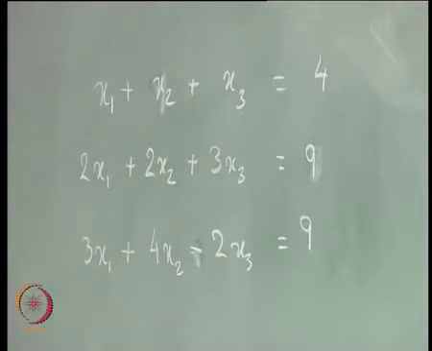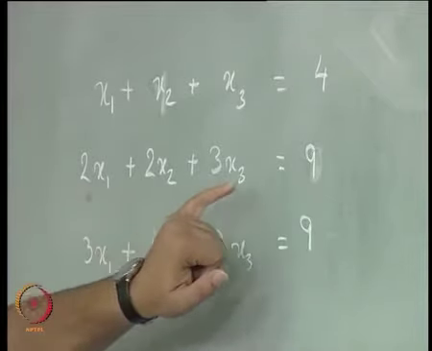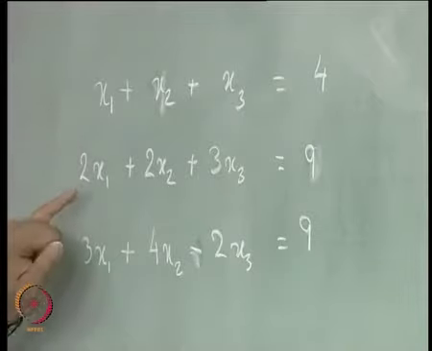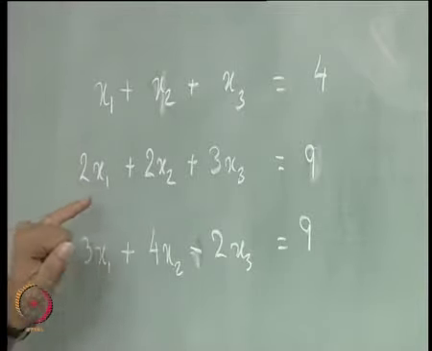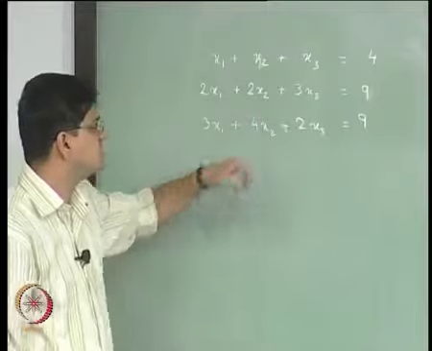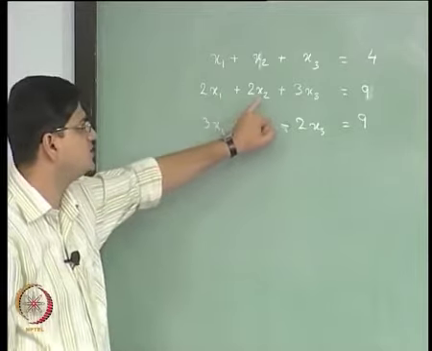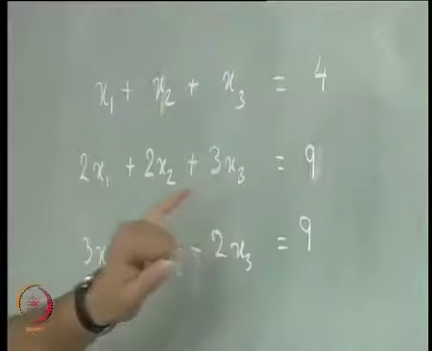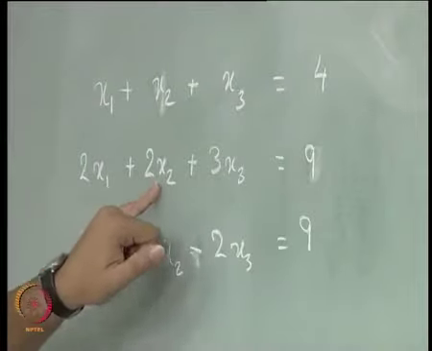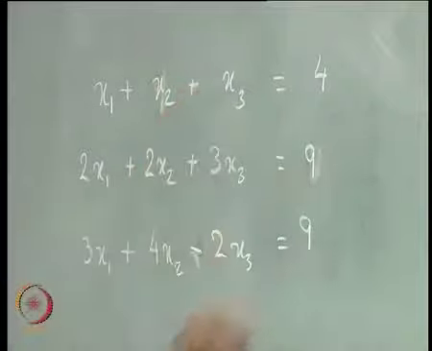So originally the equations that we had were 2x1 plus x2 plus 3x3 equal to 7. Instead of that, now I have converted the equation to 2x1 plus 2x2 plus 3x3 equal to 9. This keeps our solution the same. If you recall, the solution was x1 equal to 1, x2 equal to 2 and x3 equal to 1. So 2 plus 4 plus 3, that is 6 plus 3, 9, and the same solution satisfies these three equations as well.